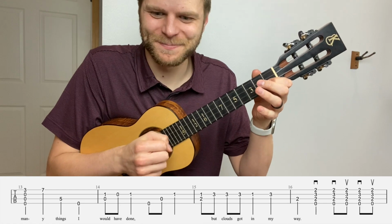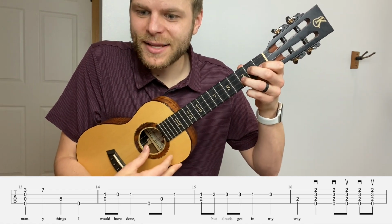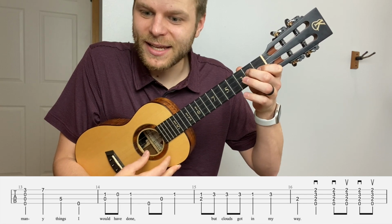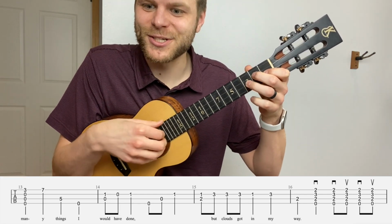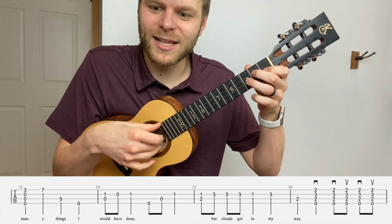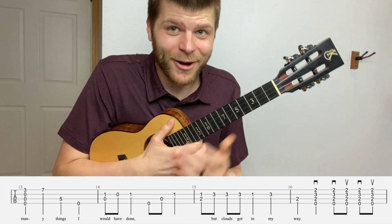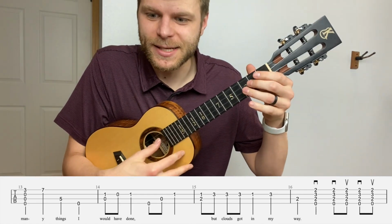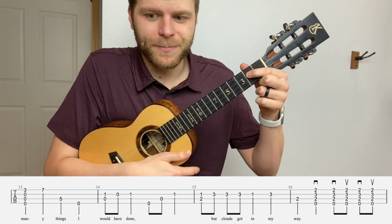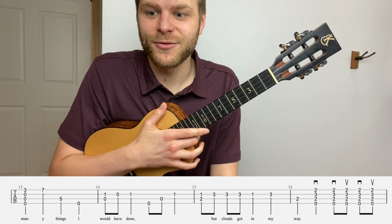Pretty cool, right? As we go on to measure 15 here, but the clouds got in my, exactly the same as measure 7, which is I've looked at clouds that. Exactly the same. But now we're done with the same, because as we go here in measure 16, we're going to play the 2 on the C. But this time, you'll notice that the end of measure 16 is much different than the end of measure 8